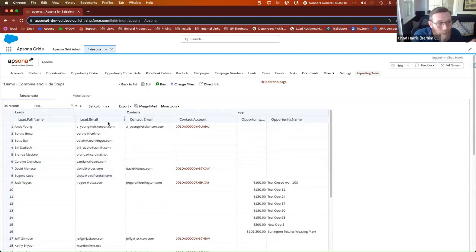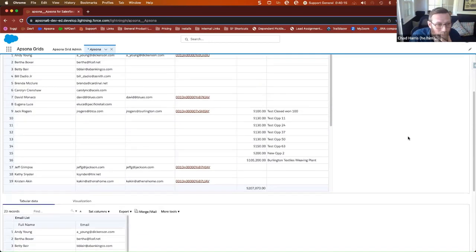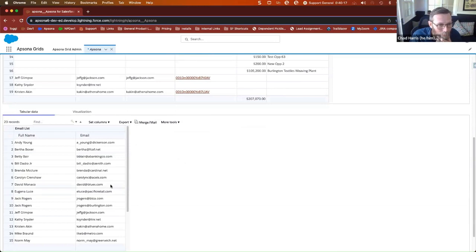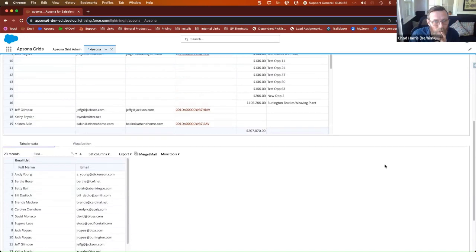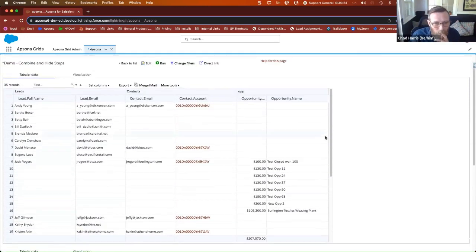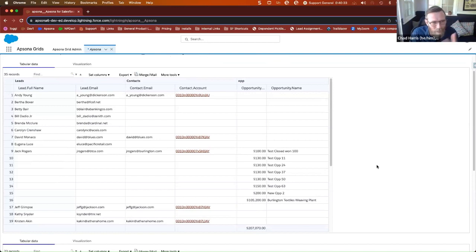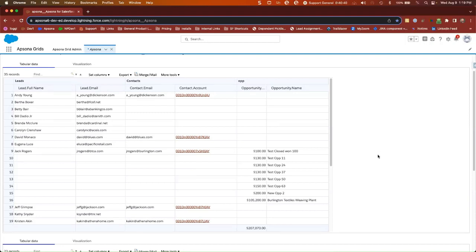Okay, so we did link the leads and contacts already. We have opportunities linked and we have our combined step down here. Because the combined step is kind of its own thing, it's showing up as its own table. So the purposes of this report are starting to kind of cross, but it does look like technically we can add more steps and link them still. I think the cleanliness and readability of the report is going to come down to how we order things. But it looks like it's not linking it to the combined step, it's linking it